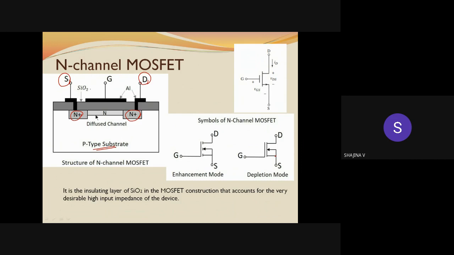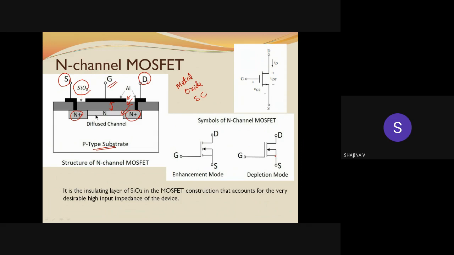Okay. And upon which you will be having an oxide layer, that is silicon dioxide. This is the oxide layer. And on silicon dioxide, we are depositing some metal which forms the gate of the transistor. That is here actually metal oxide semiconductor. That is why we are calling it metal oxide semiconductor field effect transistor, because here there is a metal layer, oxide layer, and a semiconductor layer. And these heavily doped N regions act as source and drain in an N-channel MOSFET, and then there will be an N-type channel in between them.